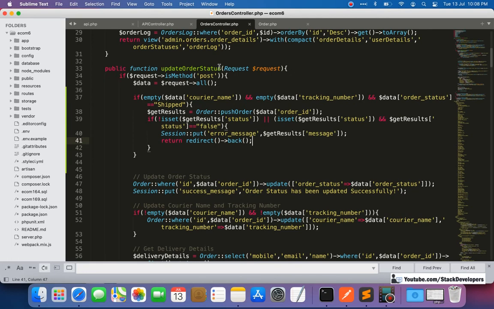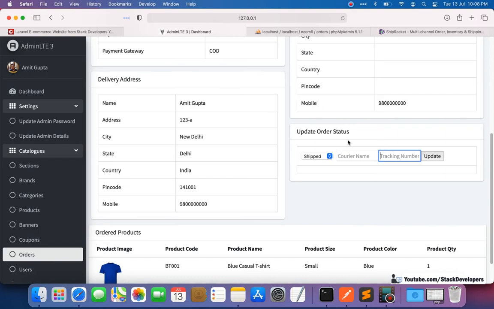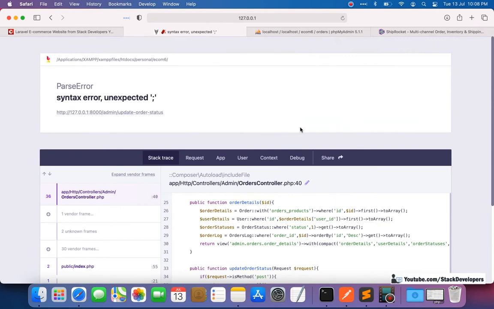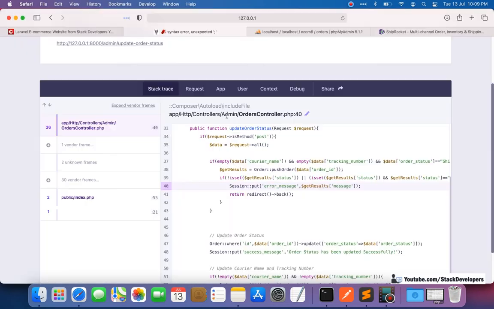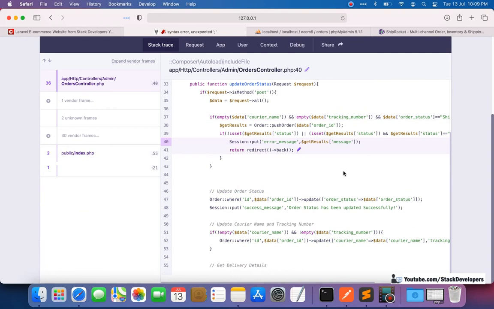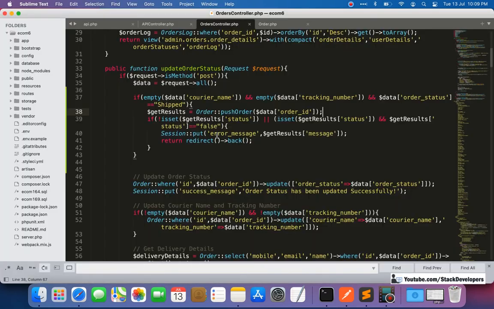Let's see. For the same order I click on shipped and update, and some syntax error has come. Let's check where it is coming from. Syntax error, unexpected semicolon. Session put error message, and the results message we are sending from push order.